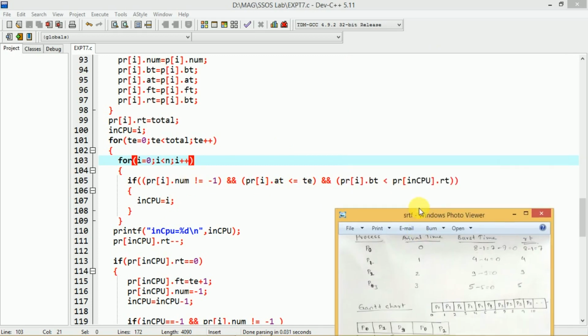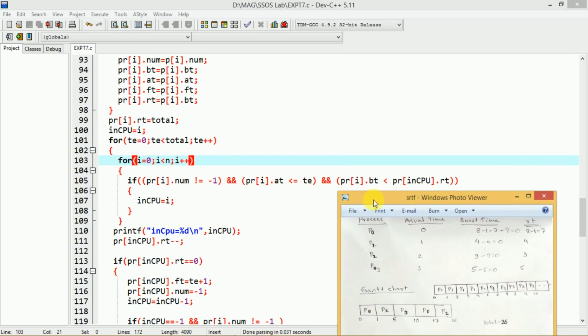And the third condition we have to check is PR of I, which is 1. So the process P1's burst time is how much? P1's burst time is 4, and the currently executing process in CPU is 0. So process 0's burst time is its remaining time, which is 8 minus 1, that is 7. So here you can see P1's burst time is 4 and the remaining time of P0 is 7. So 4 is less than 7, the condition is true.